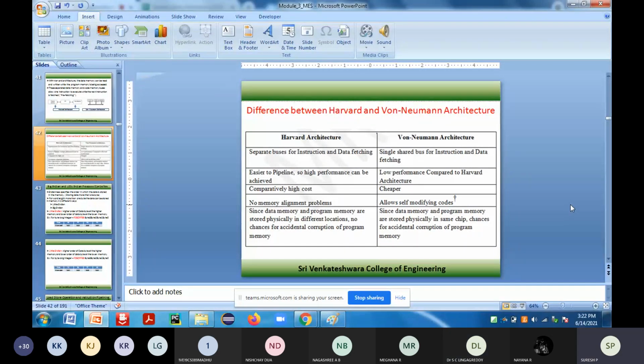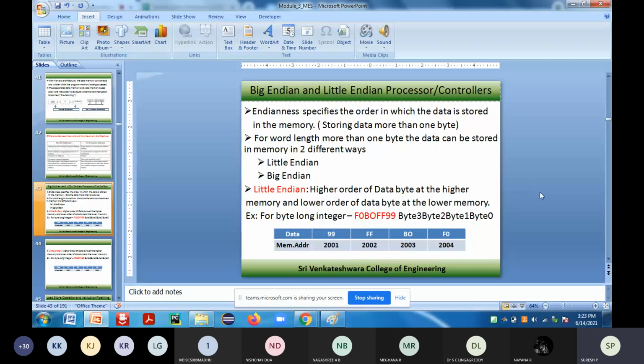So now the next topic which we are going to discuss is big endian and little endian processors. When it comes to big endian and little endian processors, we have to see that